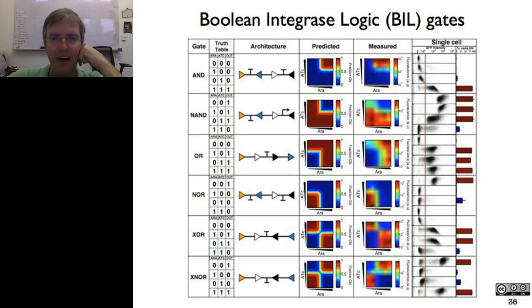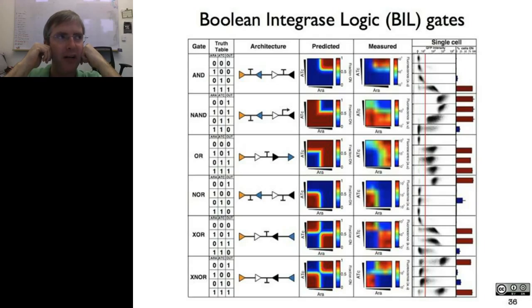We built these, we put them into cells, we tested them. The measured column shows bulk fluorescent data from a culture of cells. The right column shows single cell distributions from cytometry. When we made these systems, every DNA design worked the first time. It wasn't 3 years of work with 700 design attempts. It turns out that we had actually successfully abstracted analog to digital converters that could be reused off the shelf. We knew enough about designing the logic elements with the recombinase recognition sites that worked off the shelf. And so it took us 3 months to do this work and 3 months to publish it. A very different experience for us,